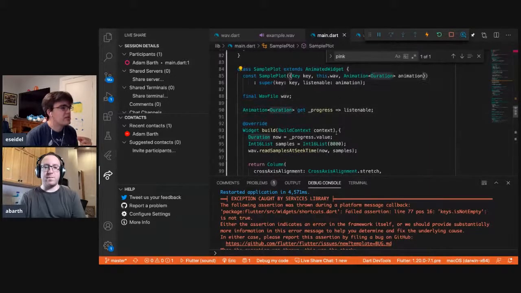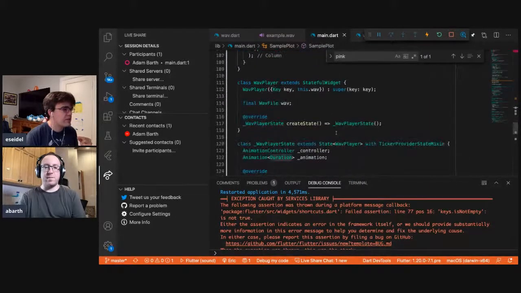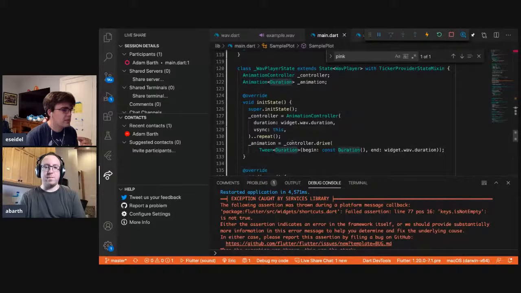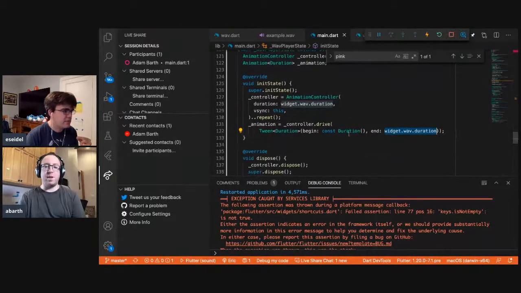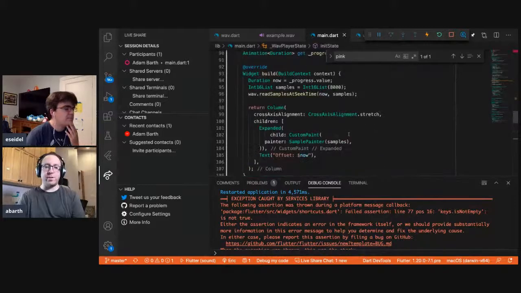I see our animation is a tween across the duration, right? Yeah, we have a controller, and we take a duration, and we begin at an empty duration and go to the end of the WAV file. And its duration, I think, is just 0, so it's the beginning of the file.